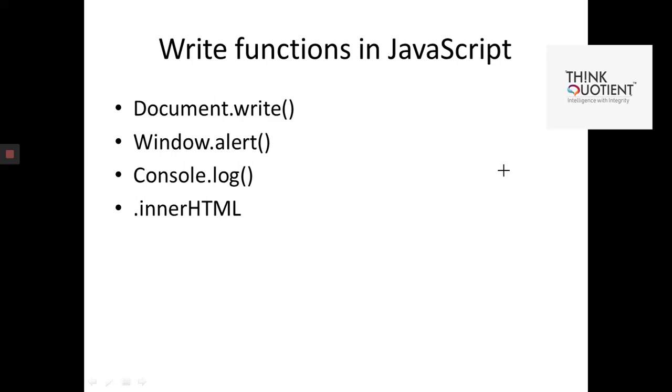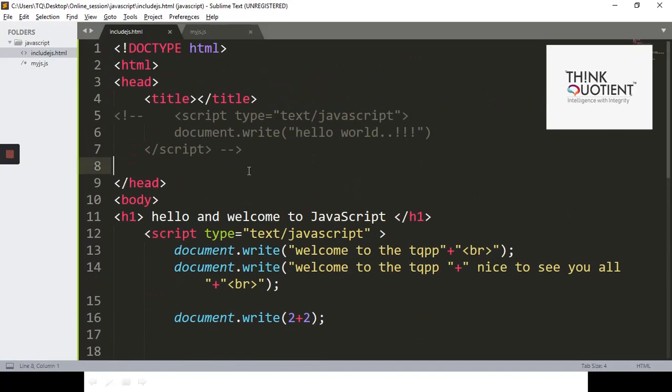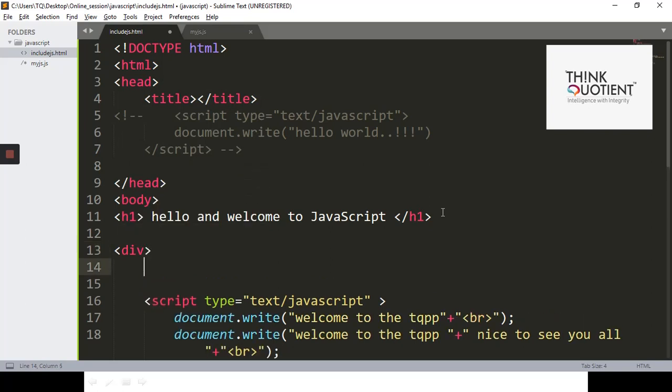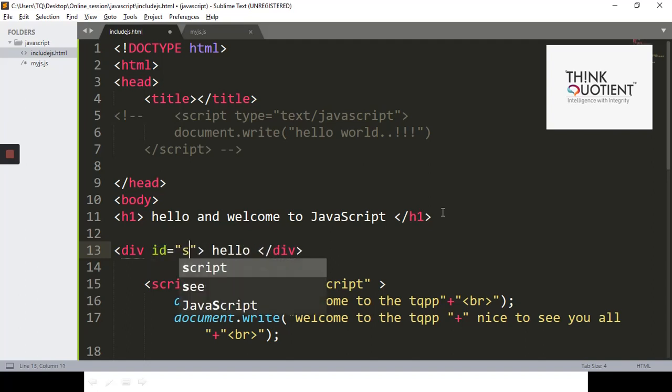So don't miss out the syntax, the capital letters, the small letters. The syntax should be same, the letters should be same. So let's try to add it into the code. I'll go back into the code and let's say I'm going to create some span tag, or let's take some div tag over here. I'll just write some HTML element. So I'm going to say div tag, and in that div tag I'm going to write hello, right? And I'll specify some ID. I'm going to say special,